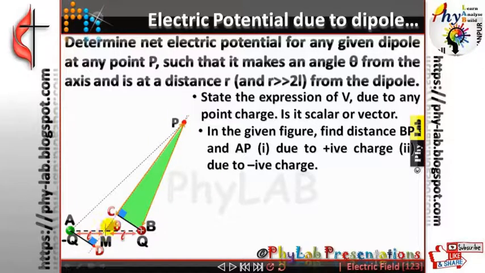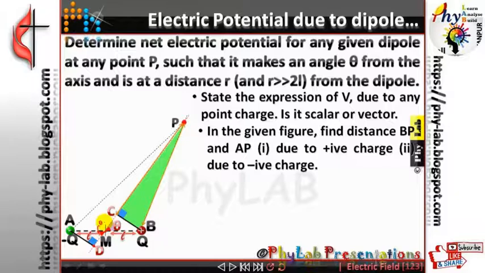Now you already learned that this angle was theta. It was already taken as theta. If this angle is theta, then this angle will also be theta. Why, beta? Why will this angle be theta? Just try to answer this. This angle will be theta because these two angles are vertically opposite angles. This angle is vertically opposite to this angle. So this angle will also be theta.